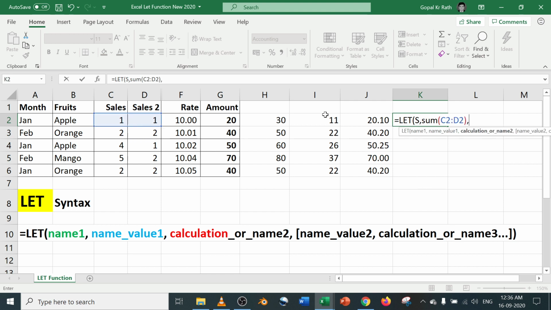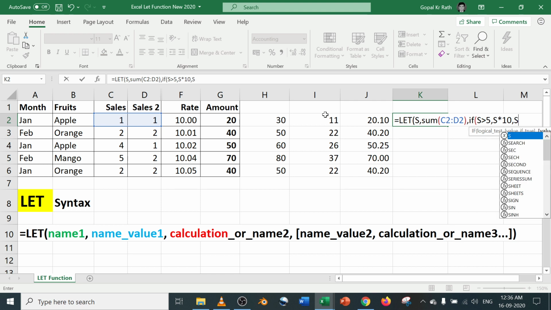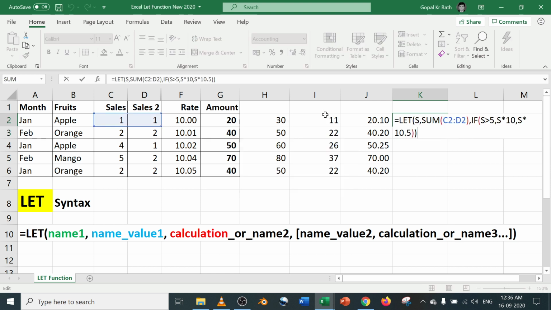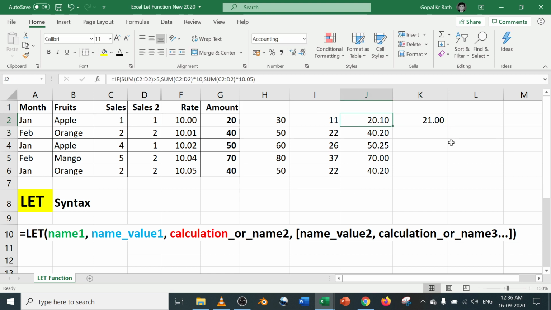So now this is your function. Now my IF function starts. If my cells is greater than 5, then S into 10, otherwise S into 10.5. You have to give two brackets since you have two functions. At the end you have to give one more bracket. So now let's see.